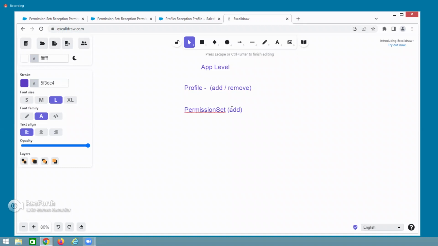It is not possible through permissions. Understand? If on the profile one object permission is not there, one page permission is not there, one class permission is not there, or one field permission is not there,